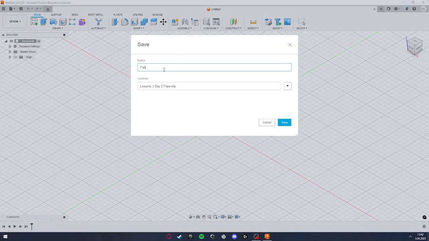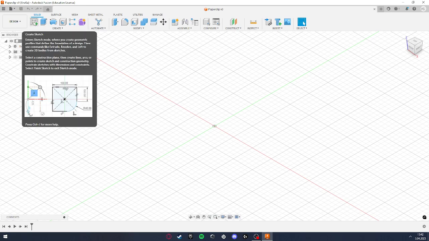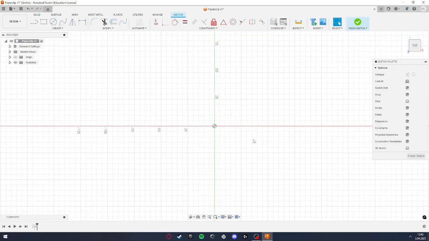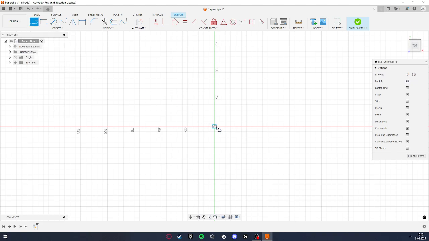Let's name it paperclip. Okay, after that, we can create our sketch first. We will select this axis, like Z, as we think our paperclip is lying on a desk. After that we will choose the line. So let's pick it. And for the size we will type